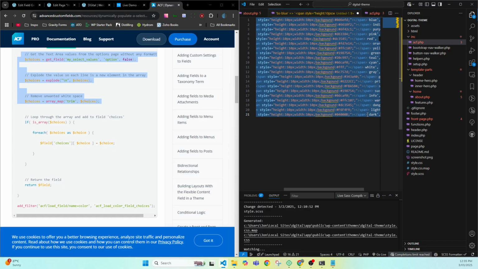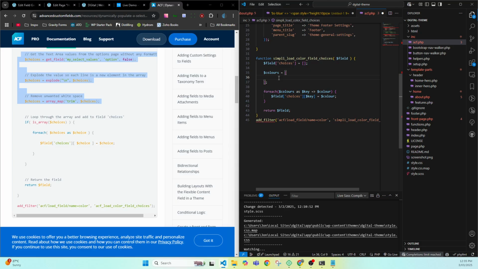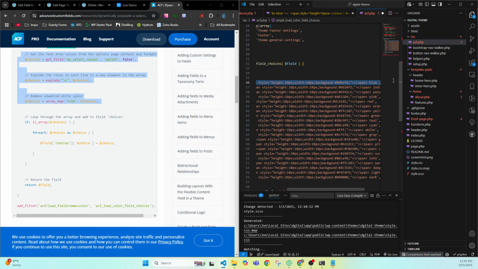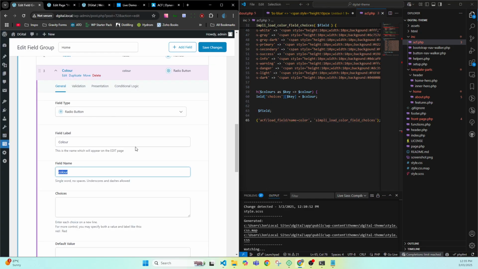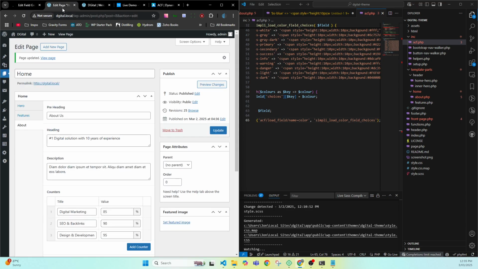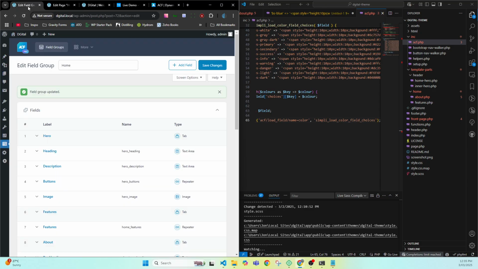So now, if we go back to our ACF field, there's our colors. So we've got it as an array. So we've got our key is BS blue and that's the value. So let's go refresh. Now the other thing I want to do is put this as a block, not as a table, because it's going to get a bit tight in here. Oh, maybe not. So that did not work